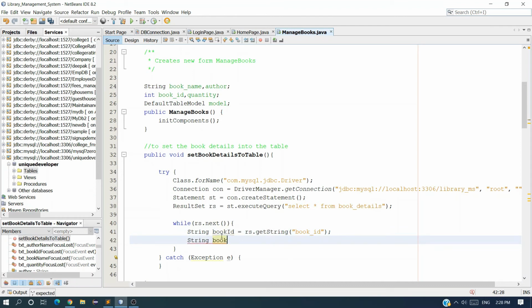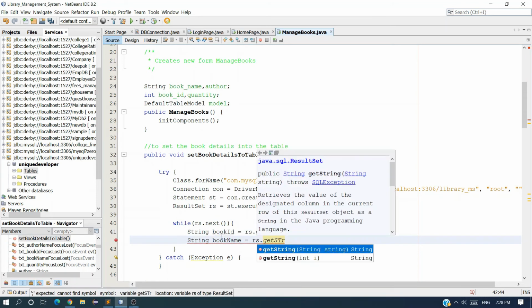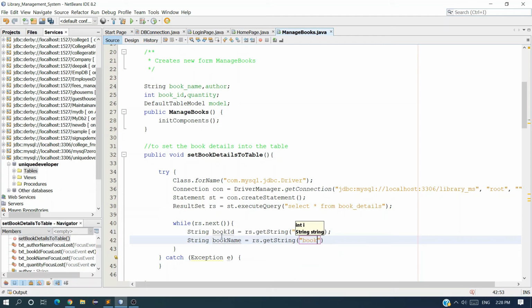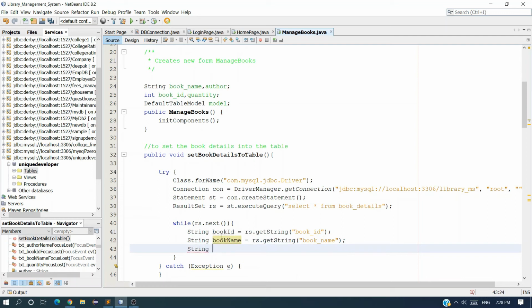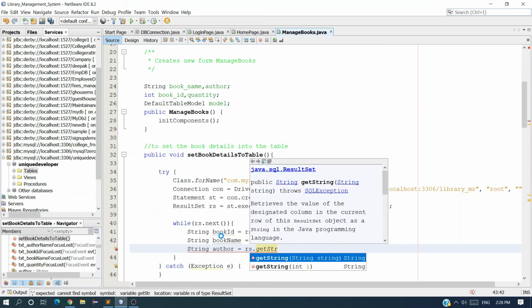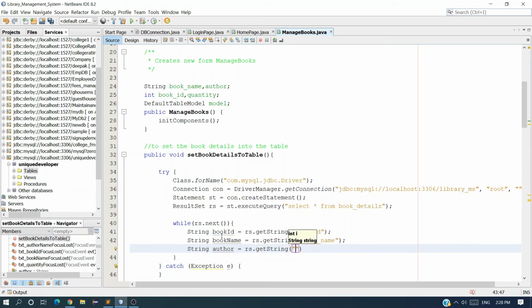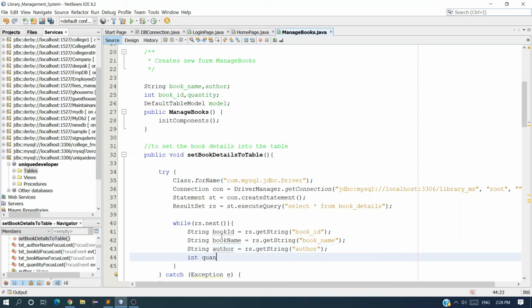Then book name is equal to rs.getString book_name, and the last one is string author is equal to rs.getString author, and next is int quantity is equal to rs.getInt quantity.